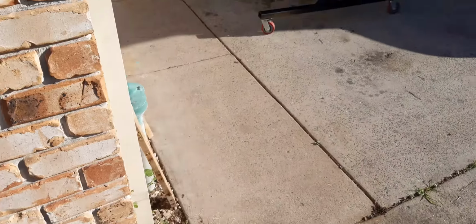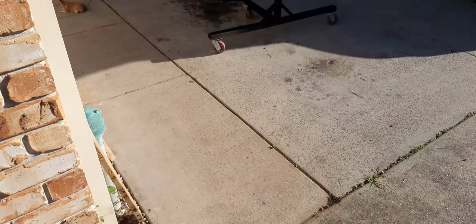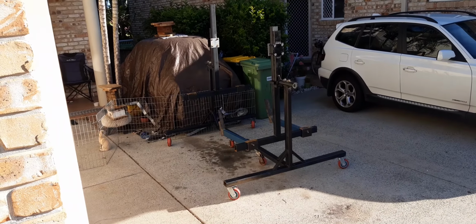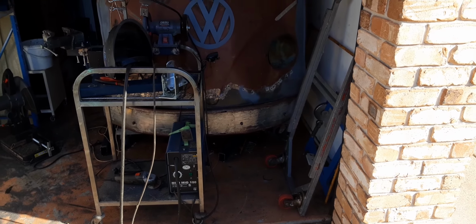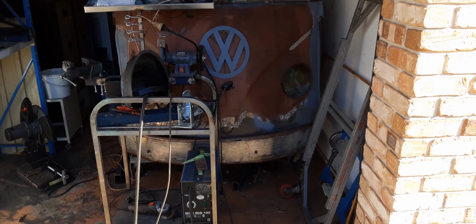And also the idea of moving it, because I don't want to stay in this place forever. It's not really what I want, where I want to be. So putting this on a tow truck would be quite easy now, because there's no way you could move it like this before. As I said, when I first got the bus, it was